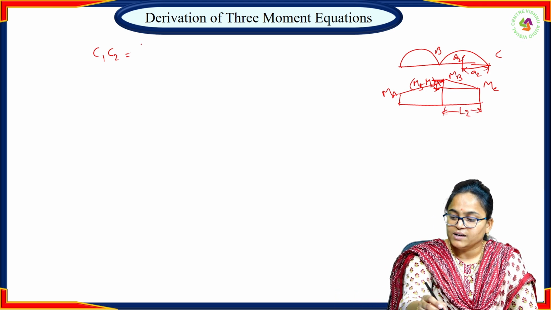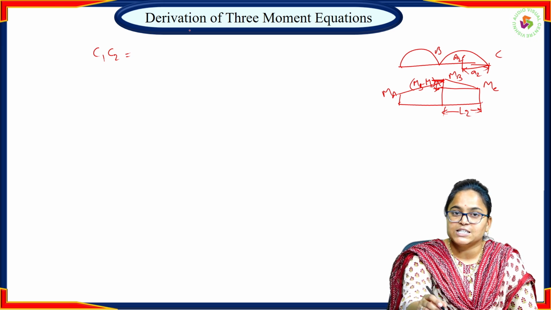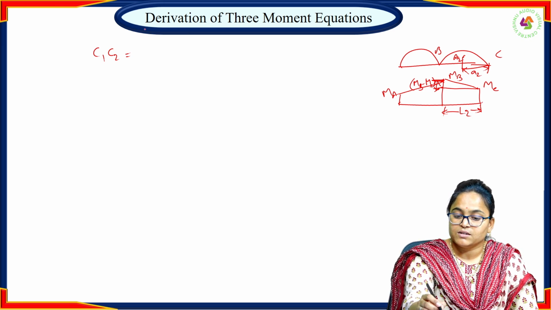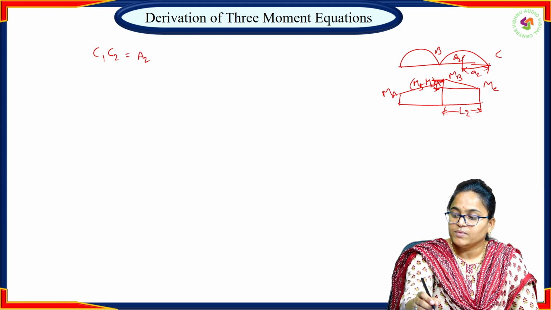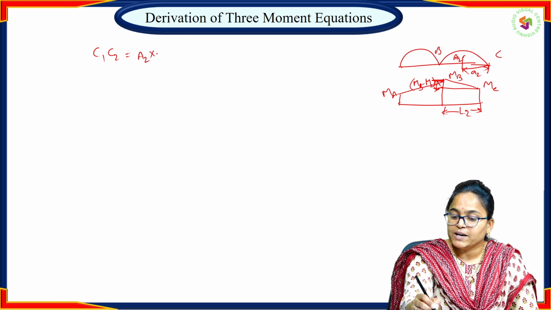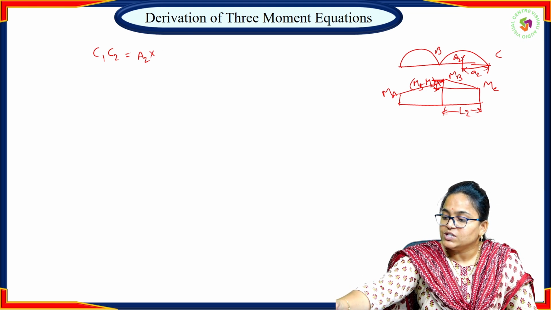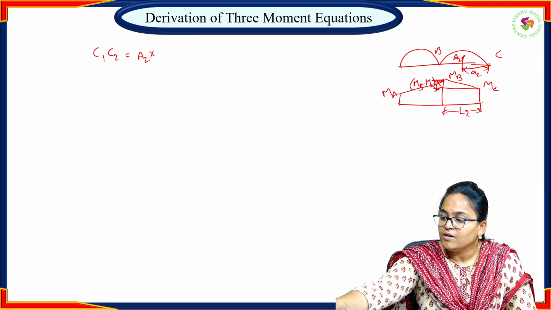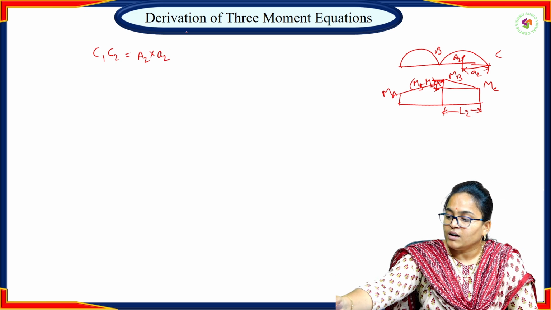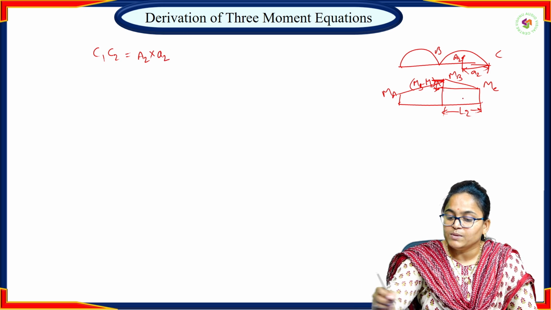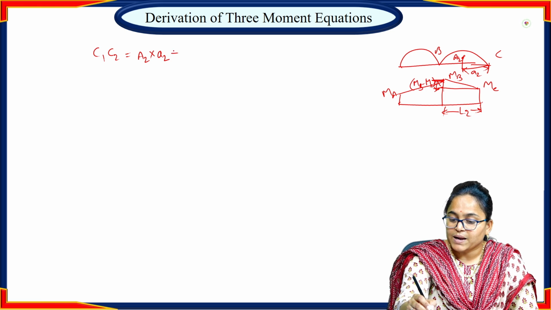Now we can write moment of M by EI diagram for BC span, so for area A2, that is area of BC span multiplied with CG of A2 area from C, that is small a2. Then we have fixed BMD also here, that is plus,